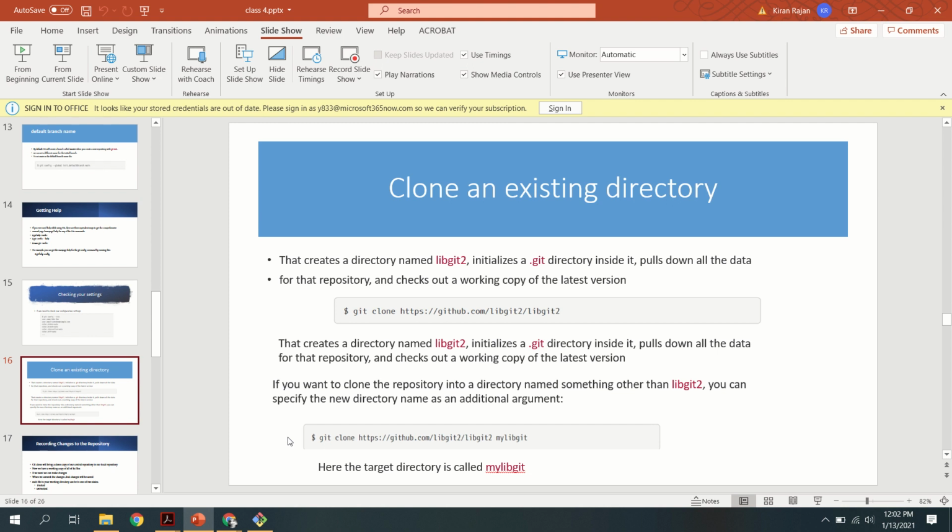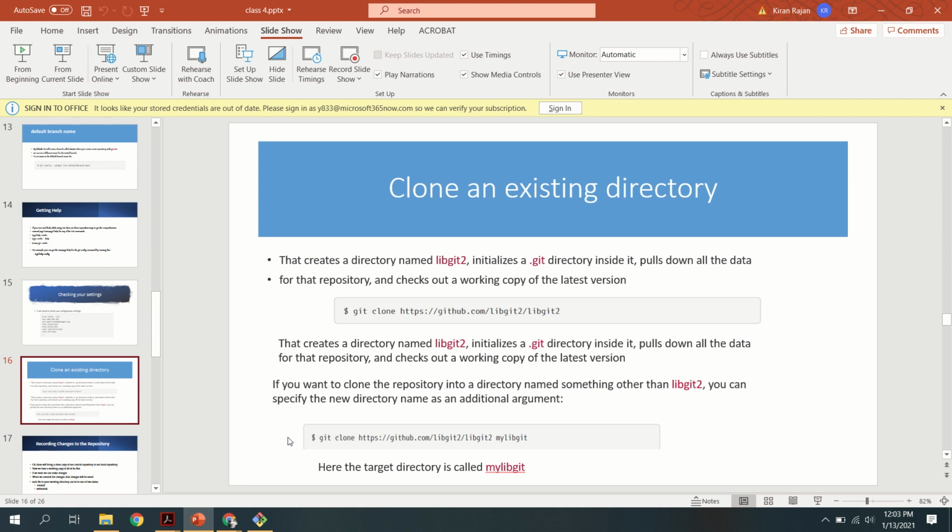Its syntax is git clone, inside the command prompt or terminal. Remember that all the commands you have to write in the terminal. So inside the terminal, you type the command git space clone space and the link of the repository that you want to clone.